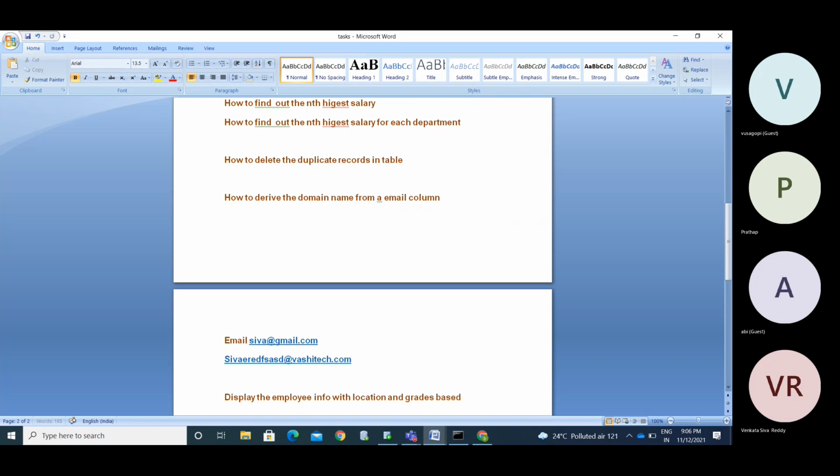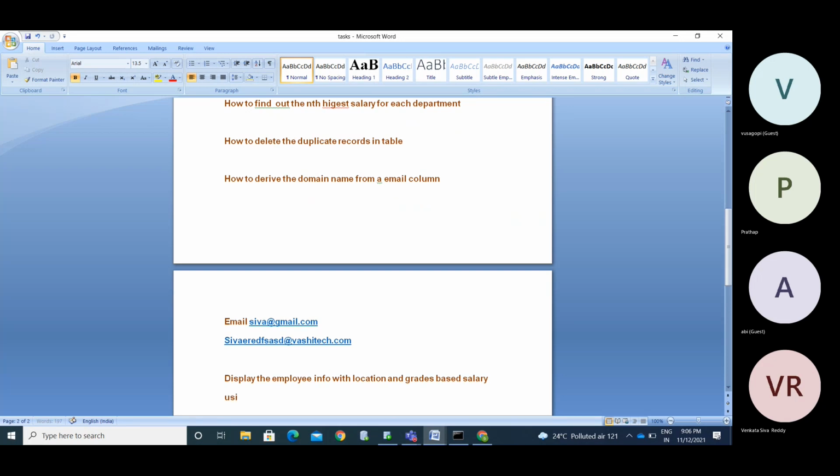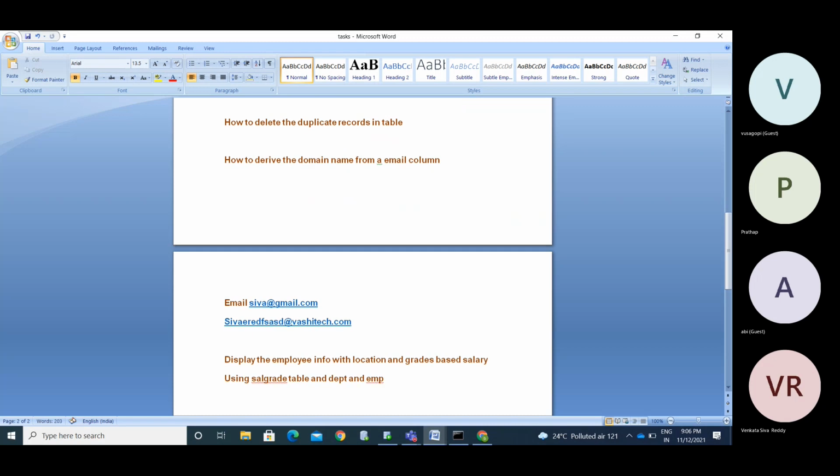Grades based on salary, using the salgrade table, and the DEPT and EMP tables. Okay. So this is another task.